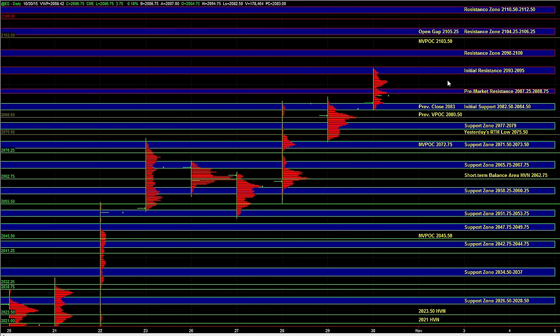So in the overnight session, we saw that the market moved up towards the 93 to 95 resistance zone where responsive sellers were active, and we saw pretty much a complete retracement of the overnight range. At this point, heading into the open, the market environment is fairly similar to yesterday in the sense that on